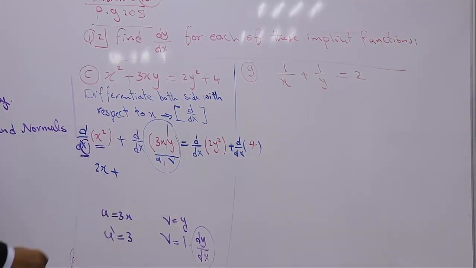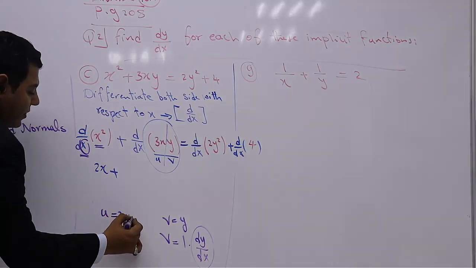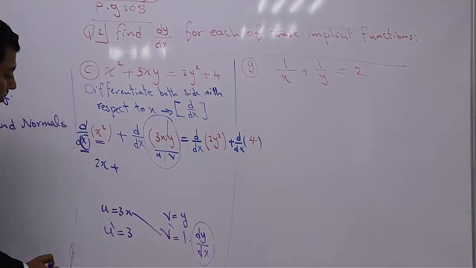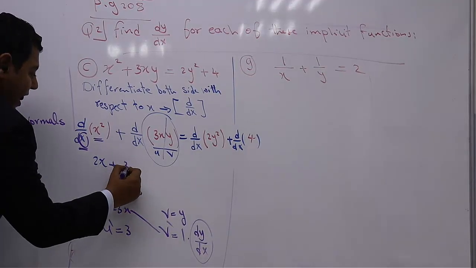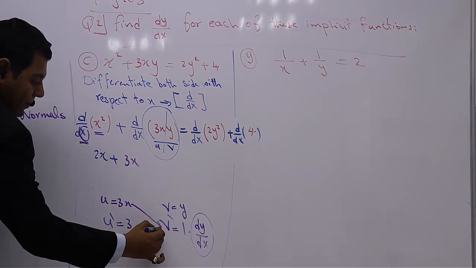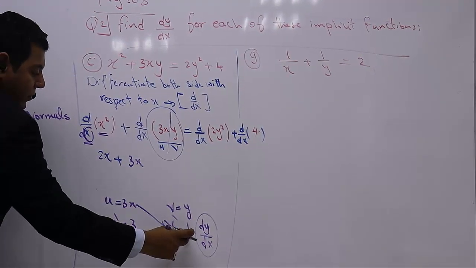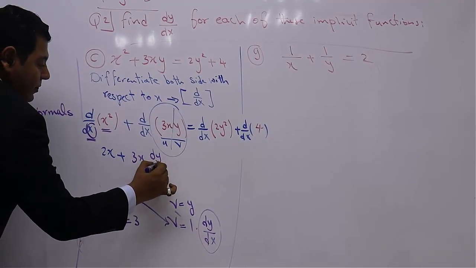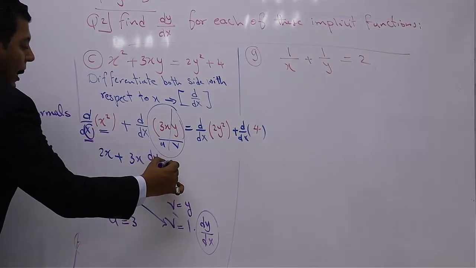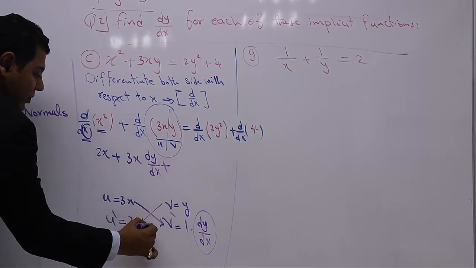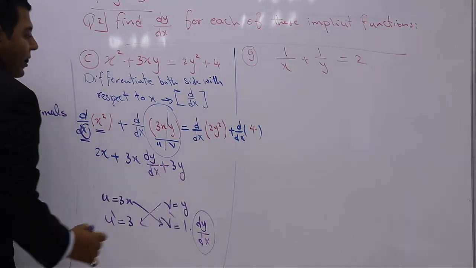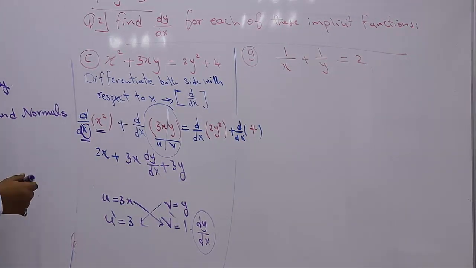Now to find the derivative of this term, you can make u times v dash. So it will be 3x times 1, it's 3x times dy with respect to dx, plus v times u dash, which will be 3y. It is equal to